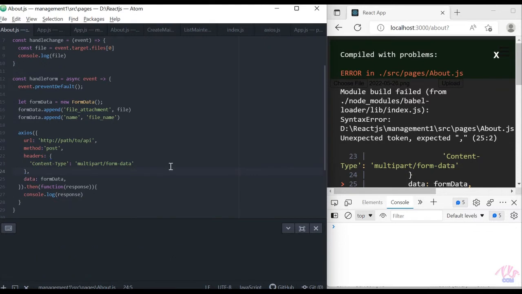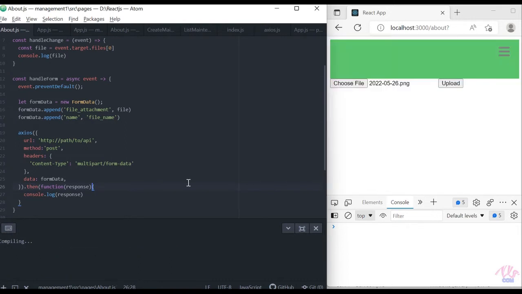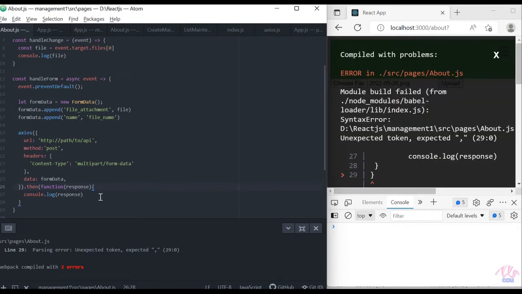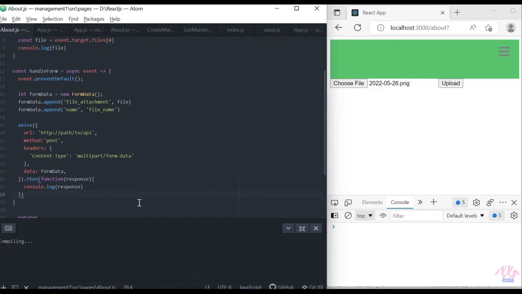There was a need for a comma after headers, and an extra bracket needed to be removed. Errors are gone now.